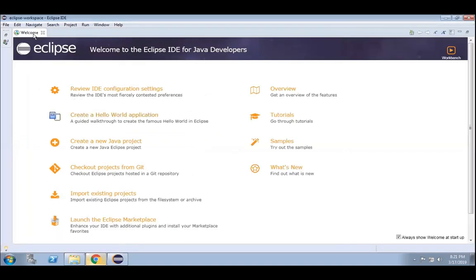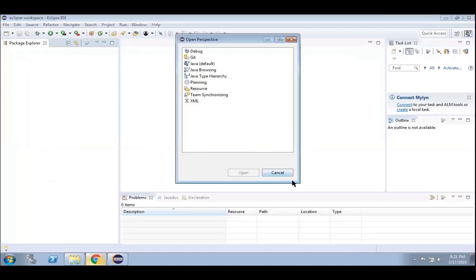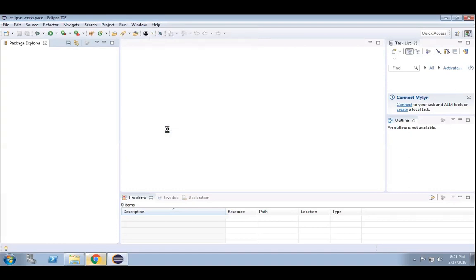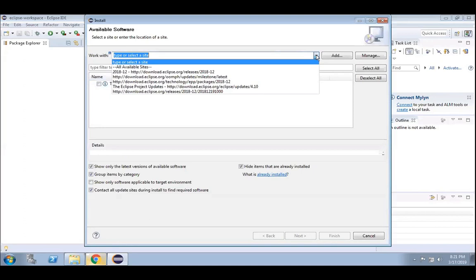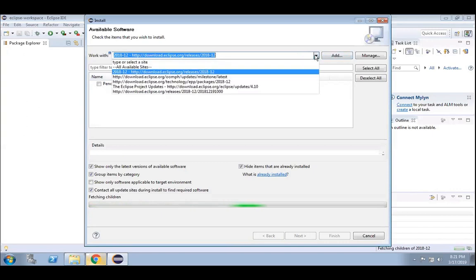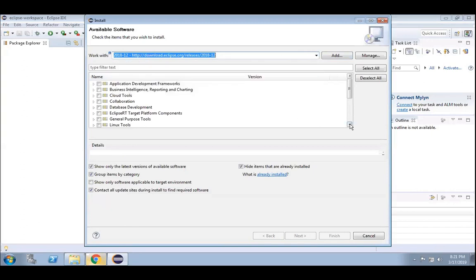Yeah, so the new one is opened. Now we have to install IDM, I believe. Install new software. You have to give the HANA tools on demand. Let us see whether these things are coming. No, you have to give the name. What is this version? Oh, it won't be here, I believe.